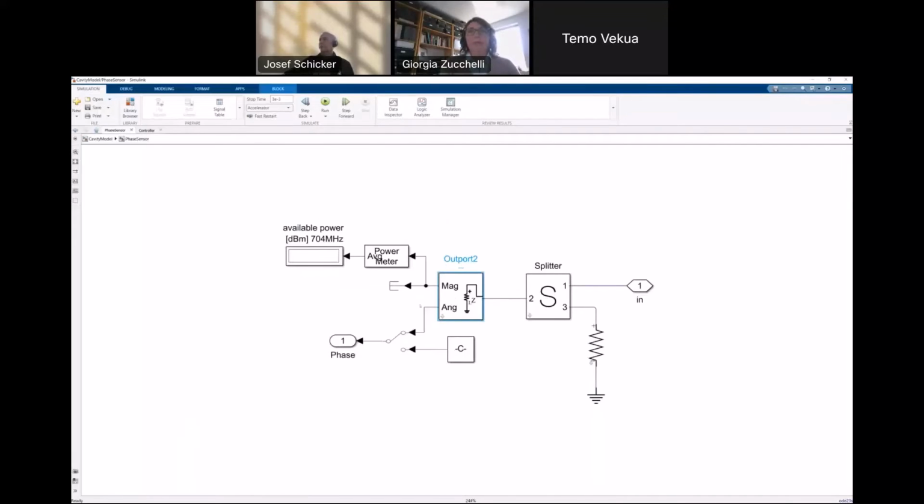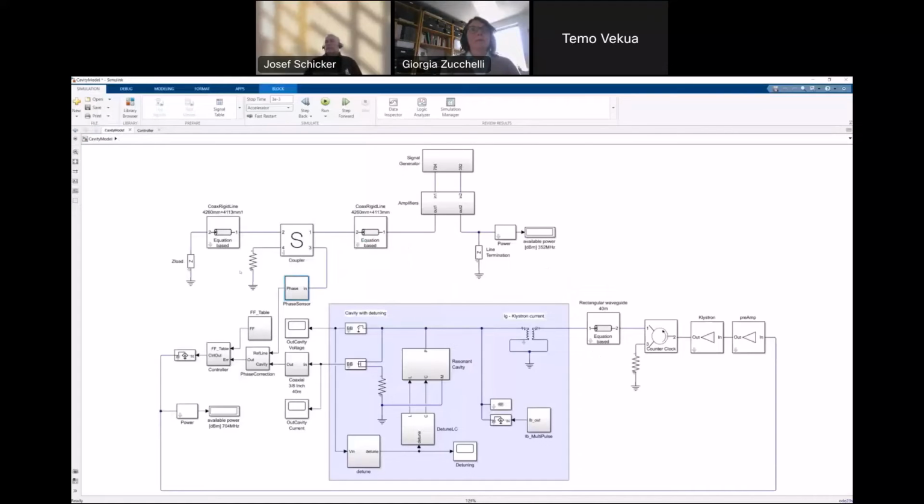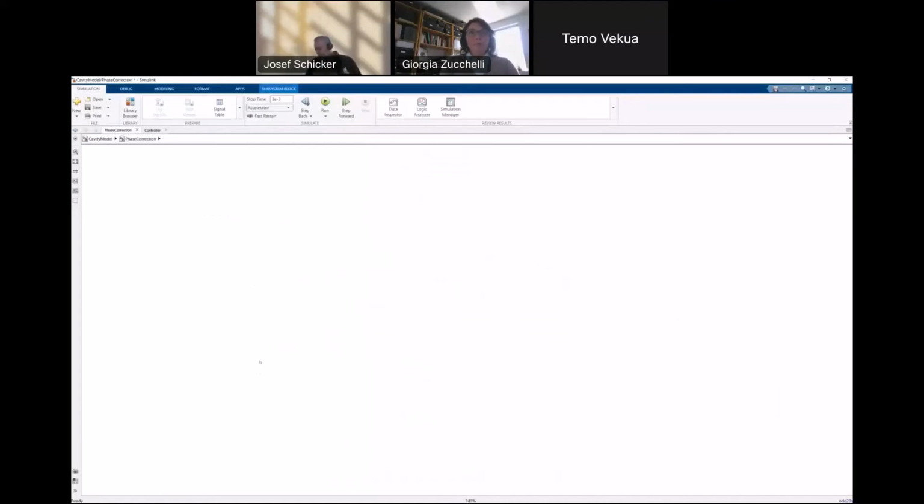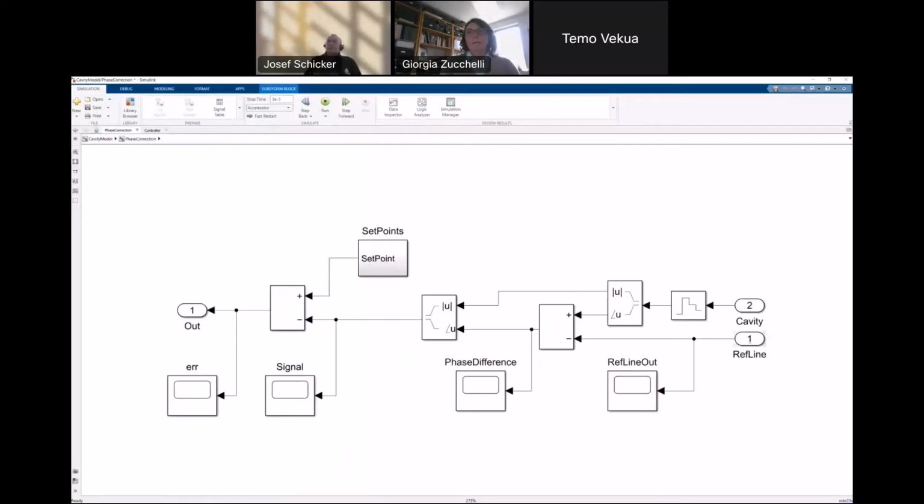You see here we extract the phase of our reference line. We also have a manual switch so that during the simulation we can say, I want the actual phase of the reference line, or maybe I want to experiment with a fixed phase just to verify that the behavior of my feedback loop is what I'm expecting. And then we apply the reference line and compare it with the phase of the output voltage of our cavity.